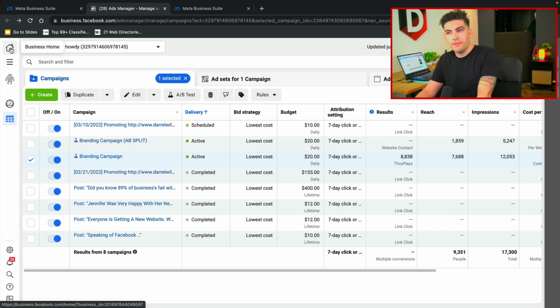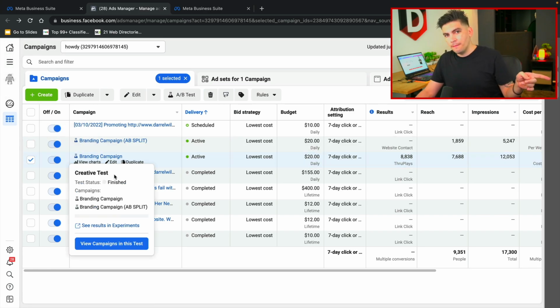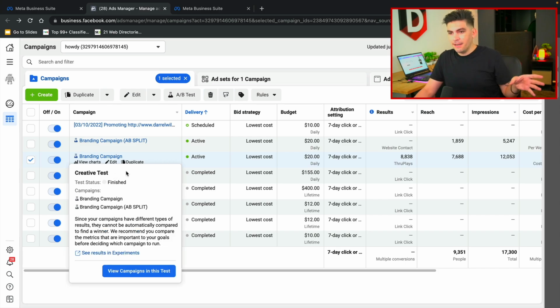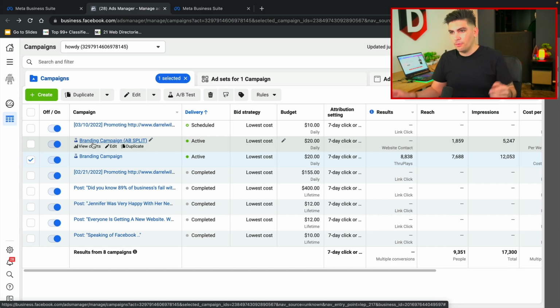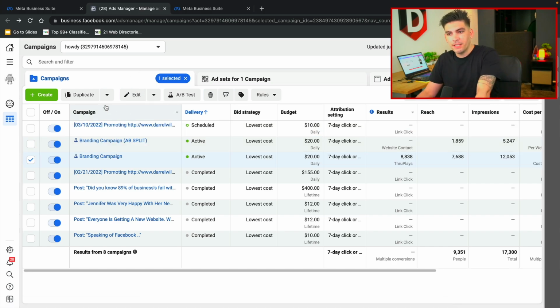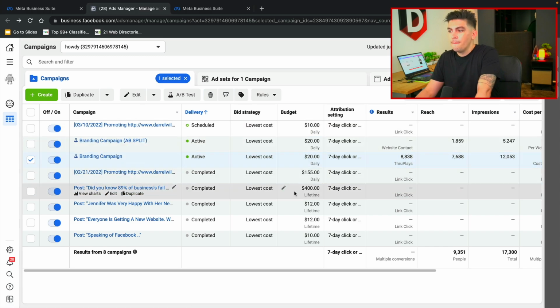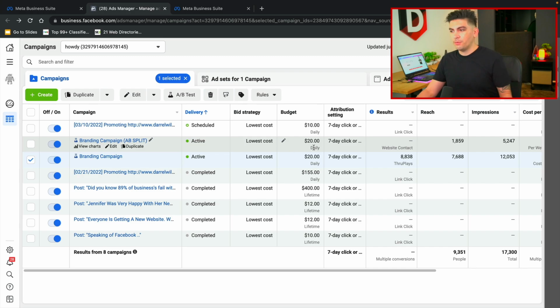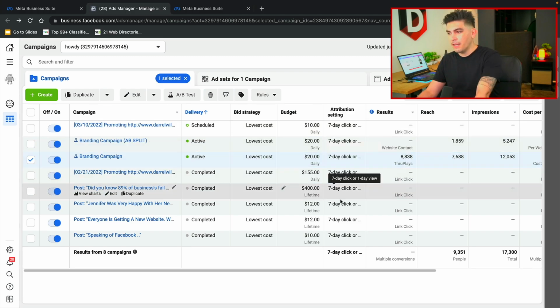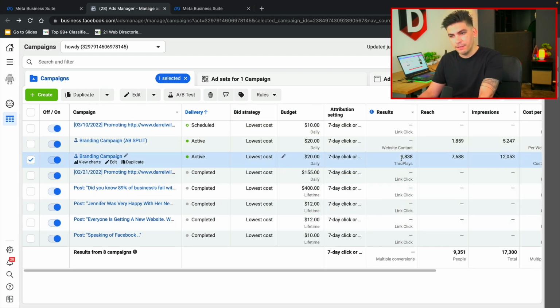But all these options here on the left side actually redirect you to the Meta Business Suite. So again, like I told you before, they're trying to push everyone to the Meta Business Suite. So this is the Ads Manager, but if you click on something like Account Overview, it just takes you back to the Meta Business Suite. These are my current ads, right? This shows you the delivery, the bid strategy, how much we've paid, the selling, and also the results of the actual ads.